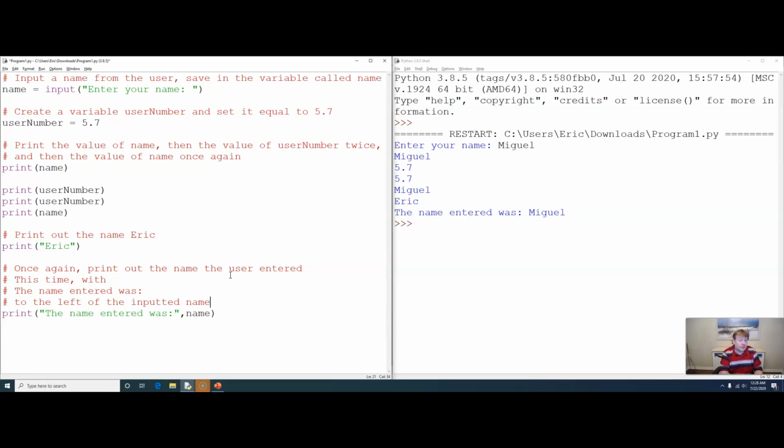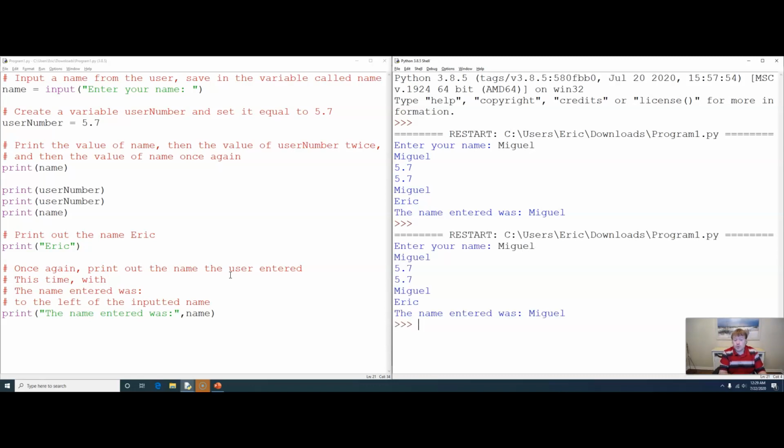Now what I'll draw your attention to is we have here our previous run. When I run this, I do the exact same input. The person running the program does not know whether you've commented or not, because it doesn't matter to them. You don't get to see people's code a lot of times.